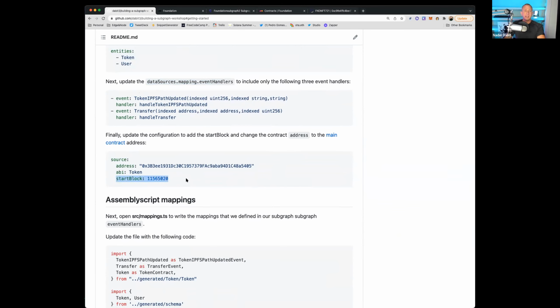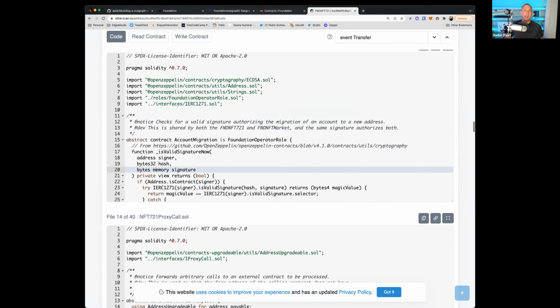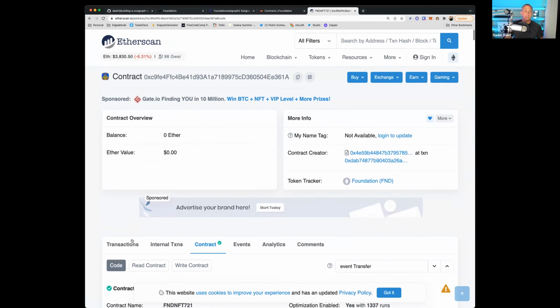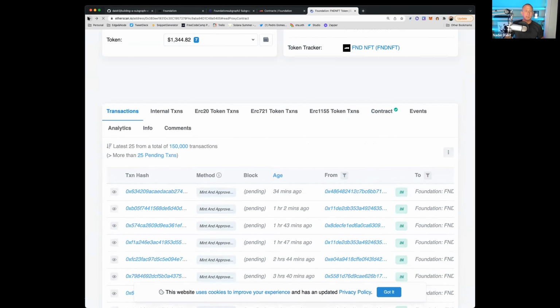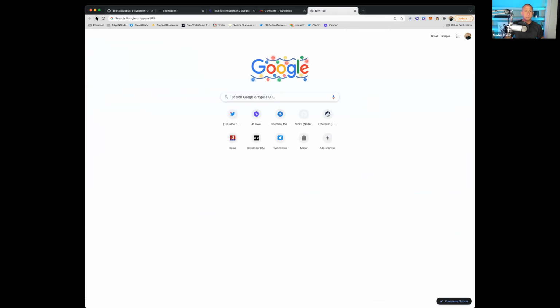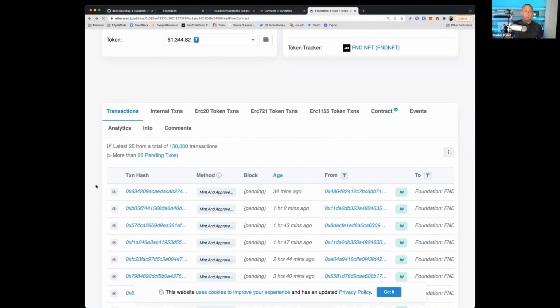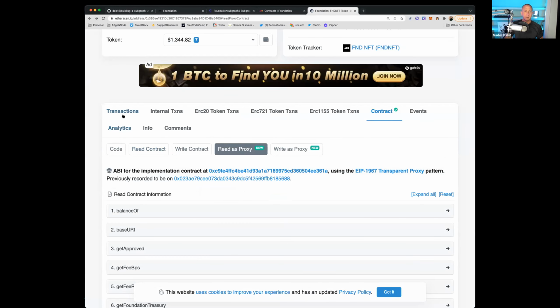when we deploy this subgraph, it's going to go to this smart contract here. It's going to find all the transactions that have happened. Actually, it's going to go to the original contract address, which I believe is here.